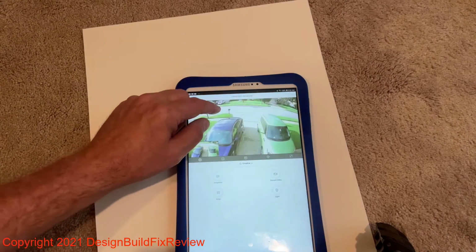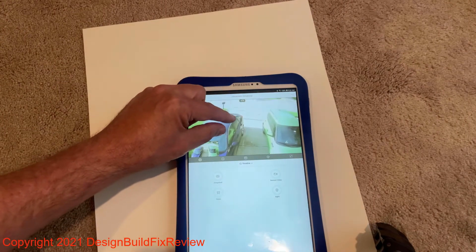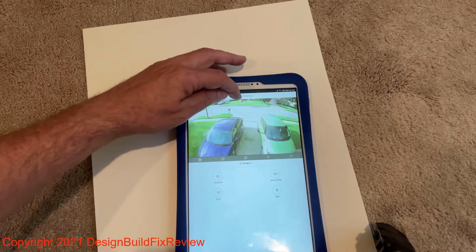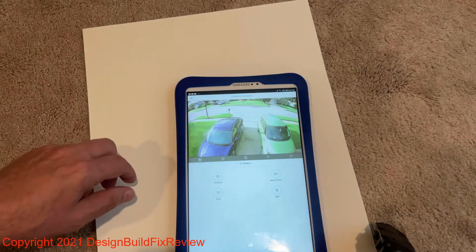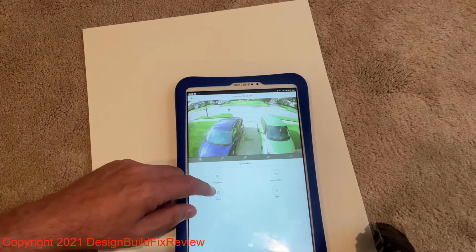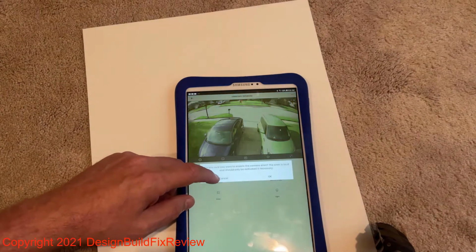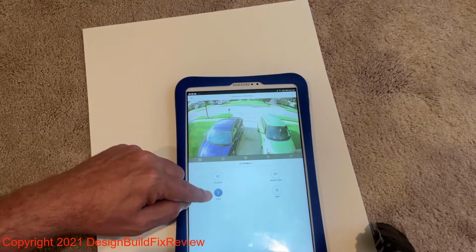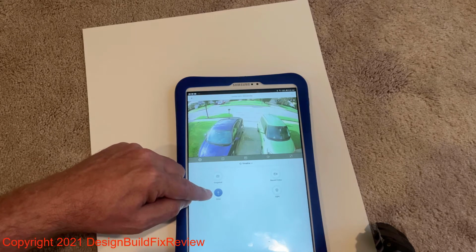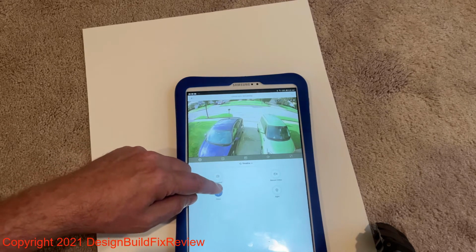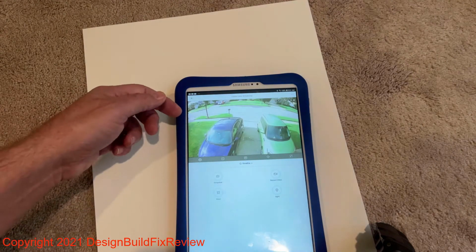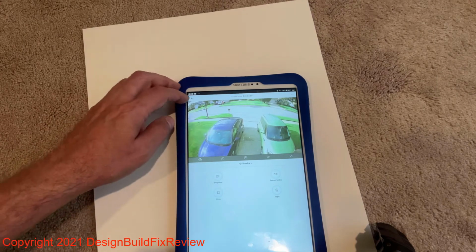And you could actually see somebody walking across the street right now, and you could zoom in. Well, it's off the focus, but you could see the person there. You could actually see him walking. There's a siren, and I have it set to make the sound for about 7 seconds. So if somebody gets close to your house, you could actually do a siren. You can't speak into the camera and talk to them like some cameras. That's the limitation on the audio on this. So you could do that.